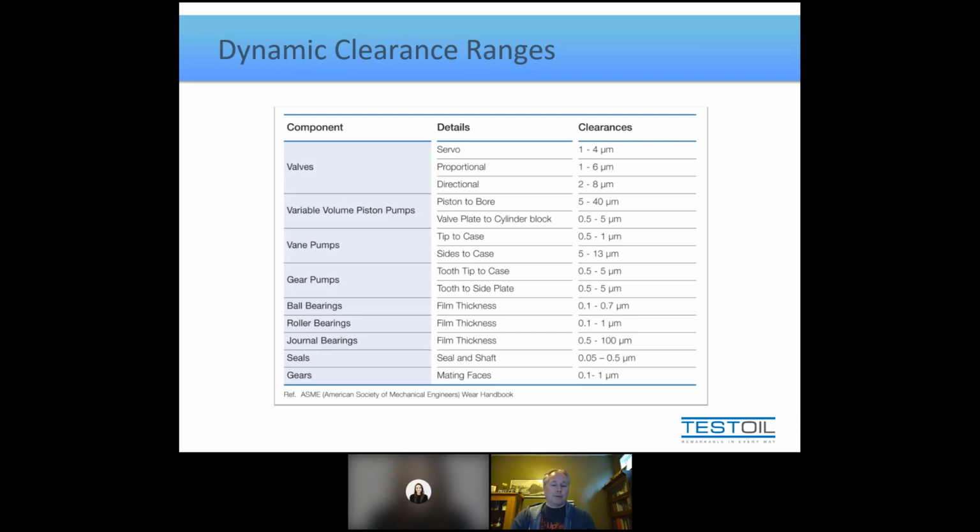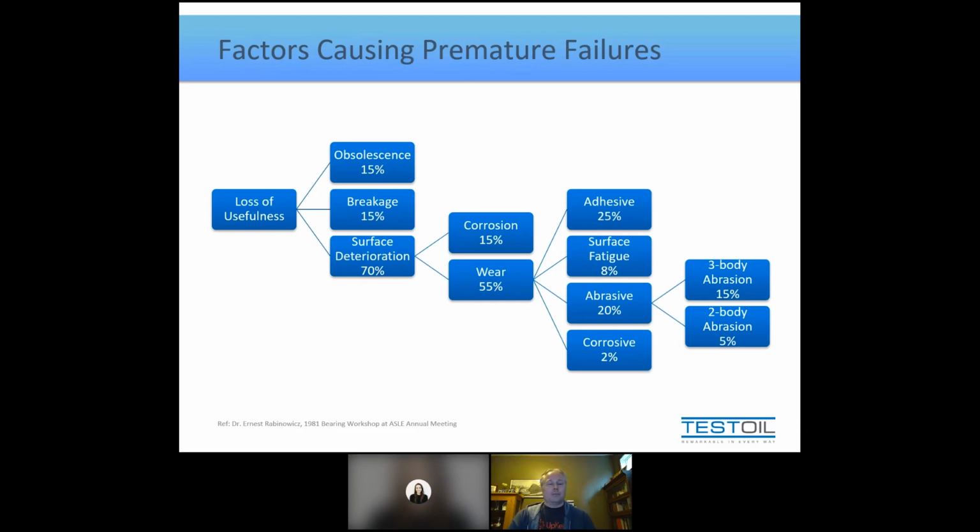Now, just to show you why we focus so much on abrasive wear or even adhesive wear, I'll show you yet one more study here as part of my preamble. This one's from Dr. Rabinowitz, and he was the one who studied failures of bearings, and he didn't call them failures. He called them a loss of usefulness, meaning that they simply didn't function the way they were intended to function. So they didn't necessarily catastrophically fail, but they stopped working the way they should. What he did was he attributed that most of that loss of usefulness was due to something he called surface deterioration, which is kind of a big mouthful for saying wear.